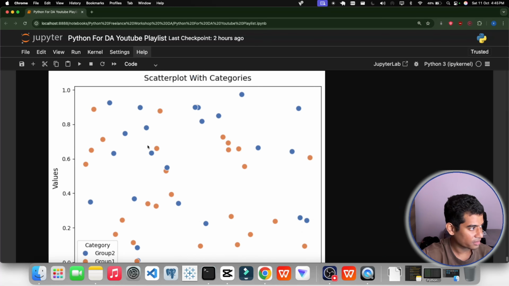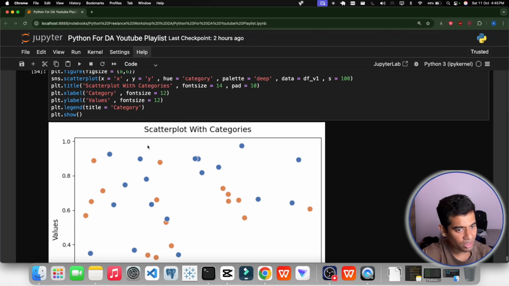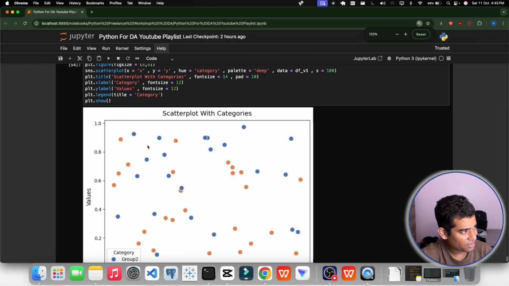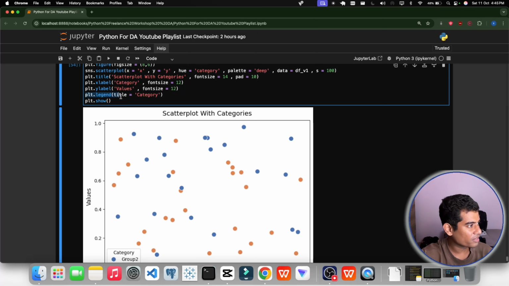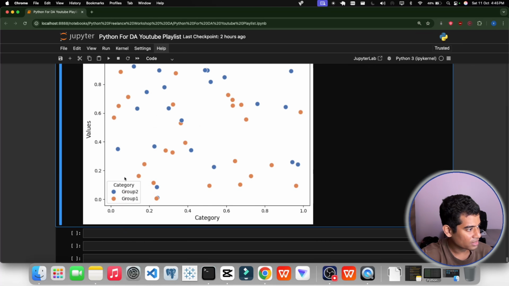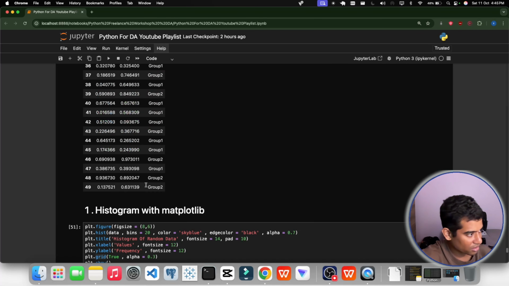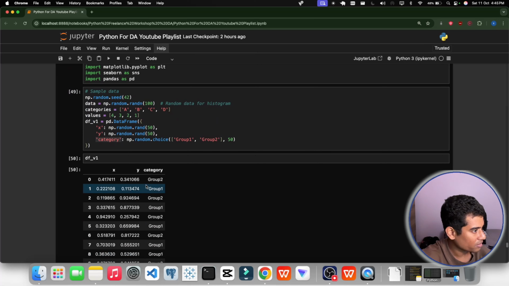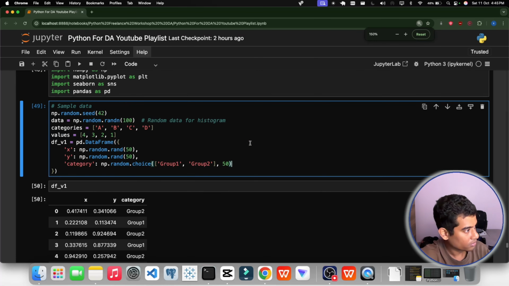Okay, that's it. And let me tell you one thing, let me reduce it a little bit. This legend part that you are seeing now, it is all about this group 1 and group 2. This is category. Like if I jump in and show you here, see, in this category what we have given is group 1 and group 2. This is all about it, right?